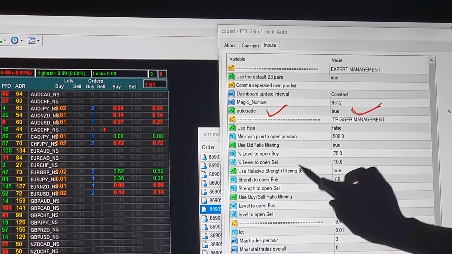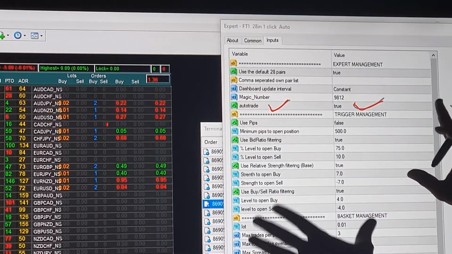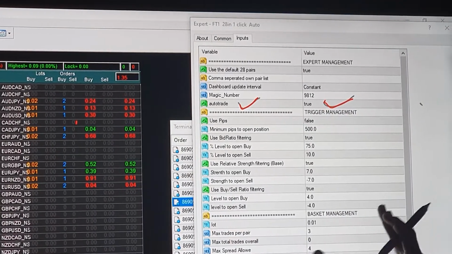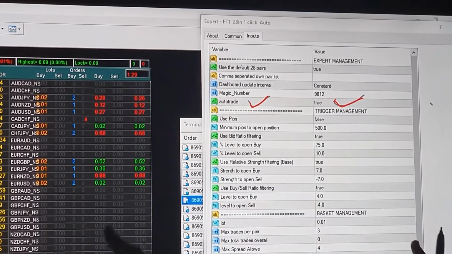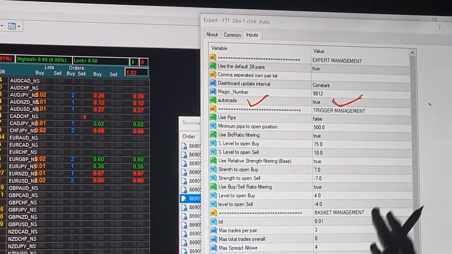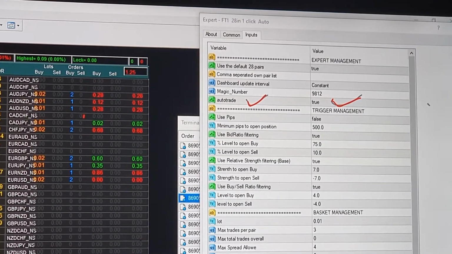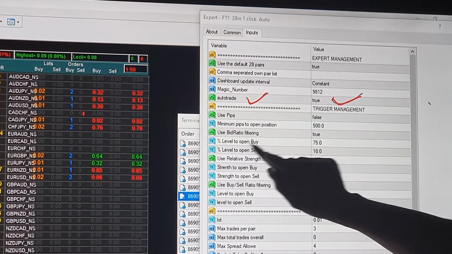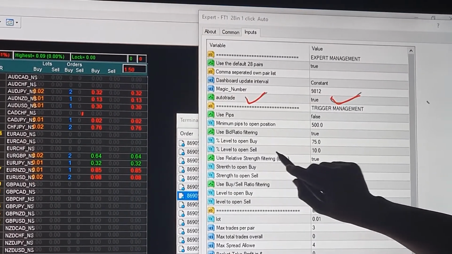Now we will see, there are actually so many technical points, but we will just look at the basic points so that you can understand. Once you purchase this setup, our technical executive will guide you on each and every point. So here you can see the level to open, to buy or to sell at what strength. So this shows the percentage.